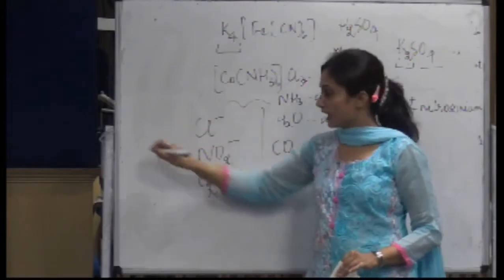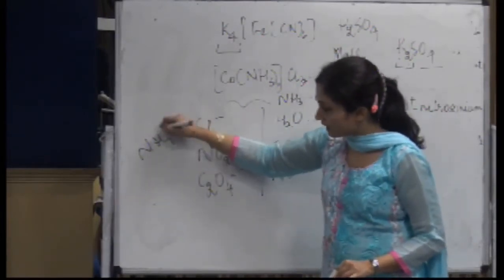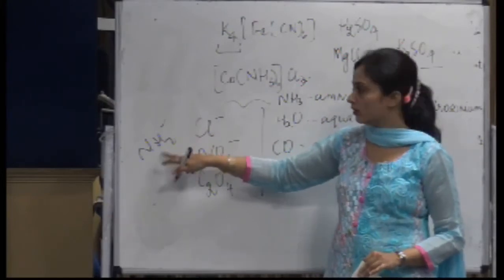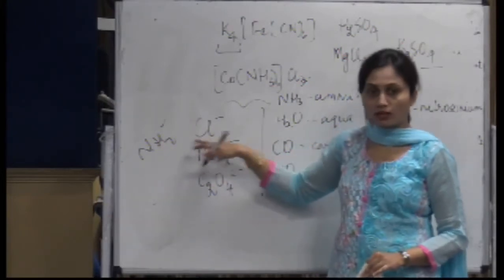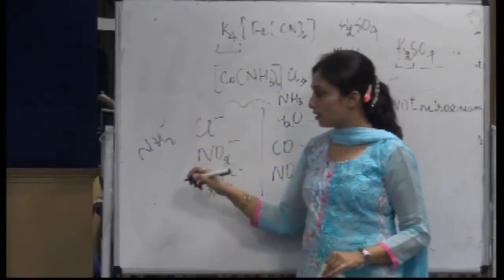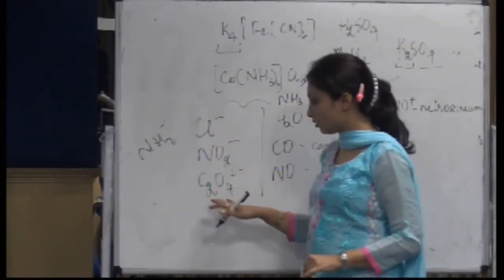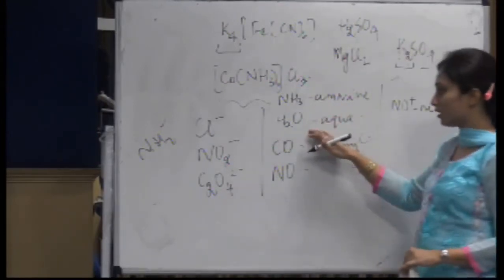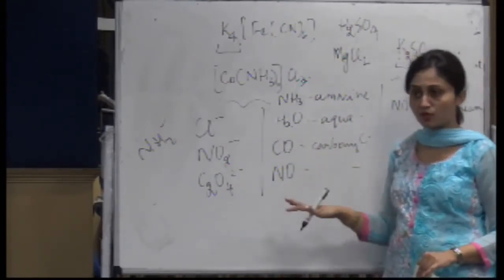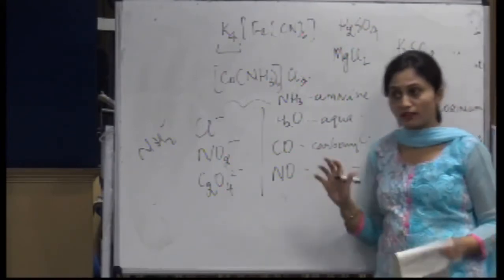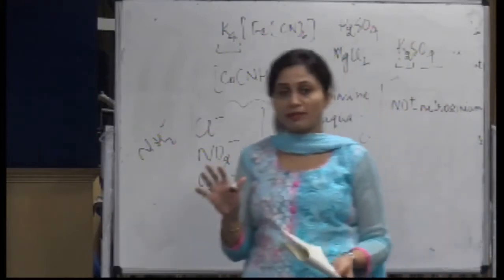Chlorido, NH2 minus will be amido, amino with a single M. Alright. Then you have chlorido, nitrito. Then you have oxalato and so on. Here you have amine, aqua, carbonyl, nitrosyl. Now here you will have nitrosonium, and if there is any other example with a positive charge, it will be ending in